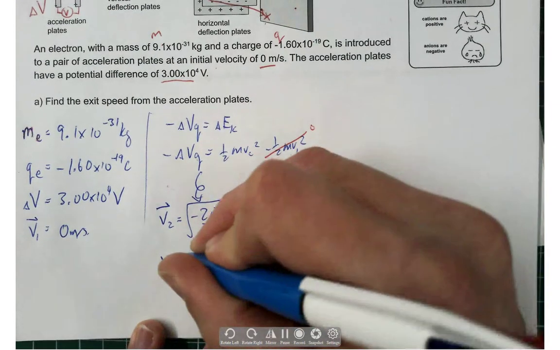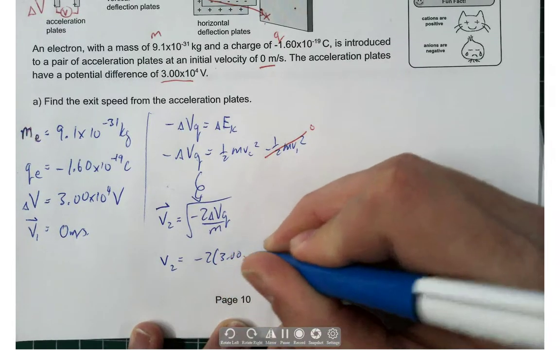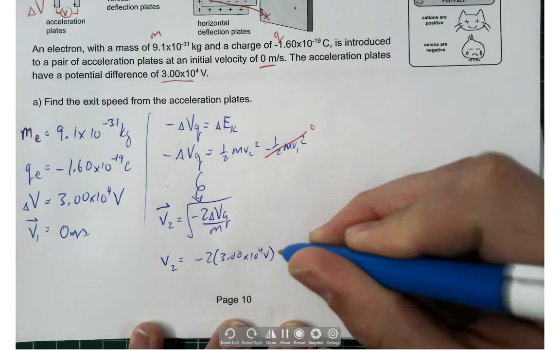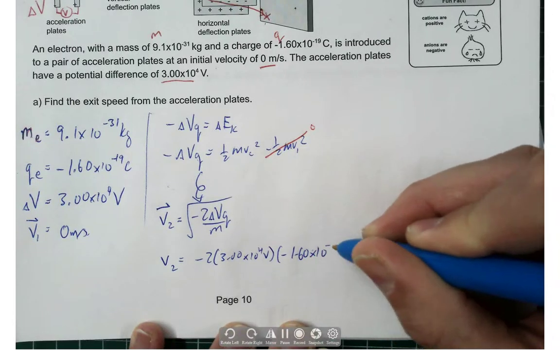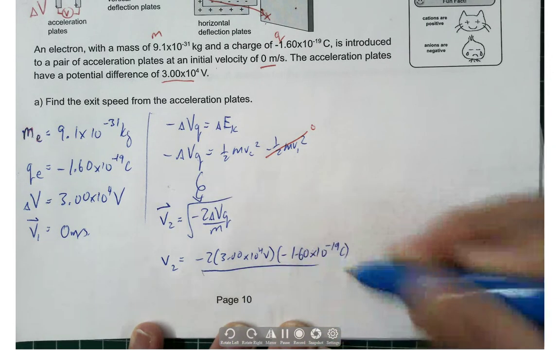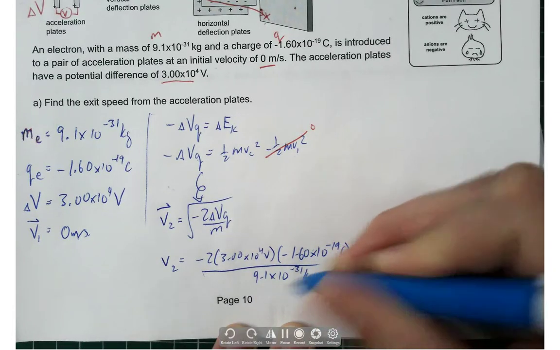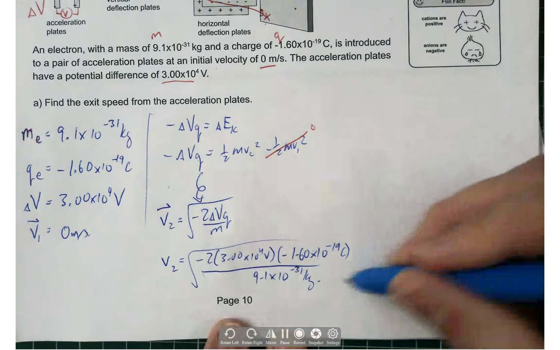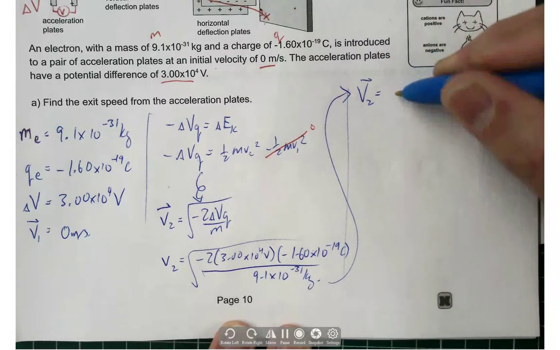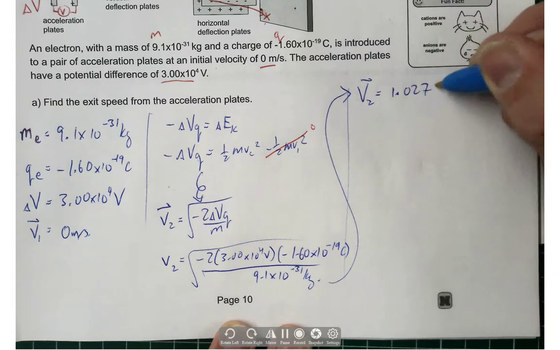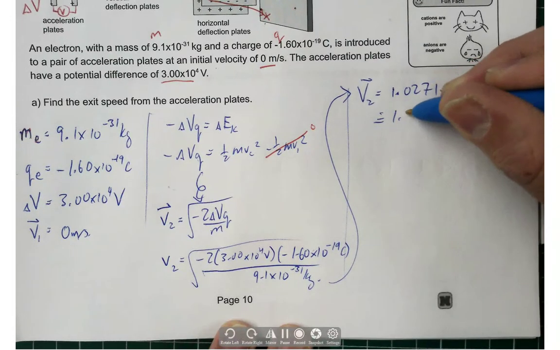Sub in our values. The exit speed from the acceleration plates: negative 2 times 3.00 times 10 to the power of 4 volts times negative 1.60 times 10 to the power of negative 19 coulombs, all divided by 9.1 times 10 to the power of negative 31 kilograms, all rooted. And I get an exit speed of 1.0271 times 10 to the power of 8 meters per second, or approximately 1.0 times 10 to the power of